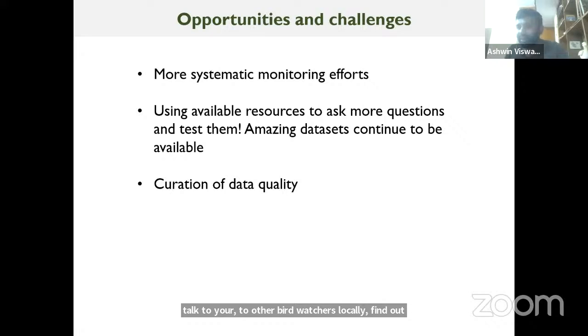Sometimes not everything is going to be accurate on these platforms. So the way for us to get more and more accurate, and therefore be better and better suited to science, is for everybody to be engaged in its curation. So all of you, I again encourage you to be engaged in the curation of the data in these platforms.